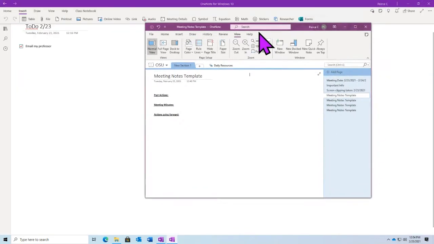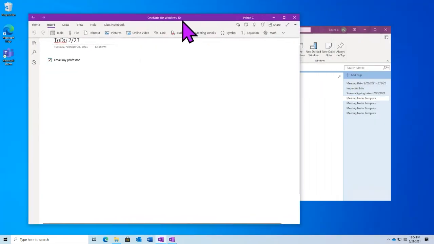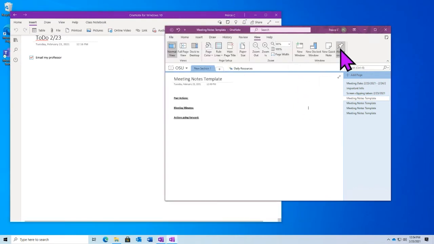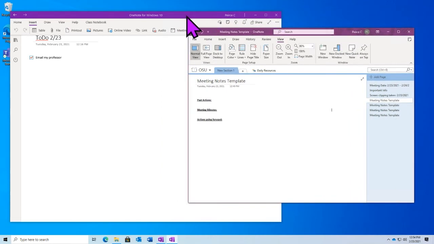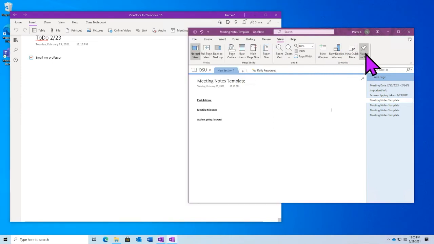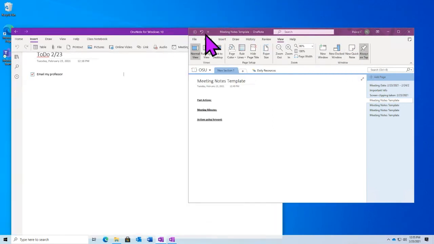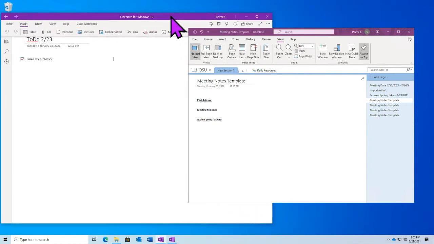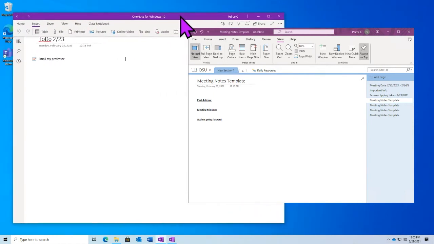What this will do is, if you've ever used something like picture-in-picture, it selects a specific window and ensures that anything that opens will always be behind this. So if I have my normal window here and I move to another one, it will become overlapped. But once I select always on top, this window will now stay front and center, even if I have other windows that I'm interacting with or opening on top.